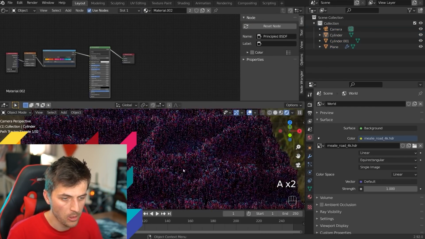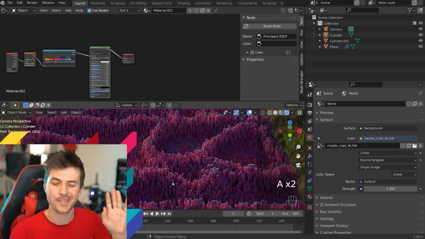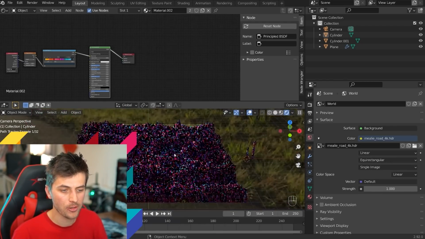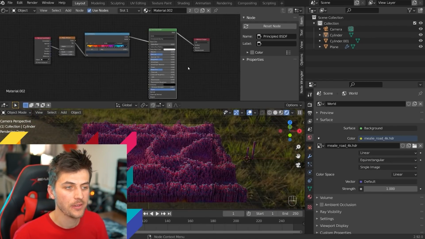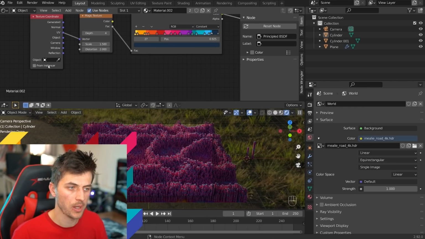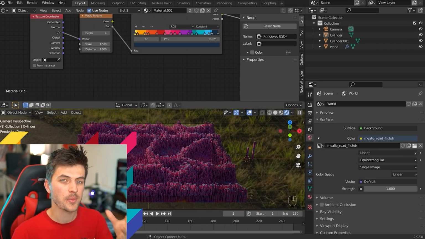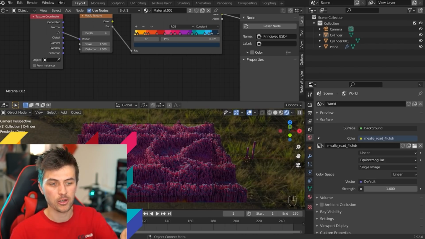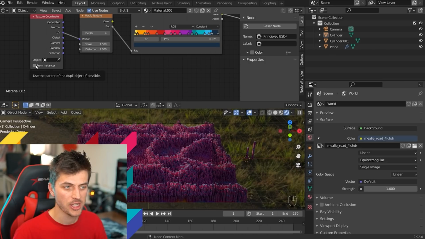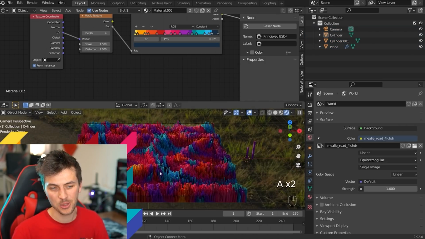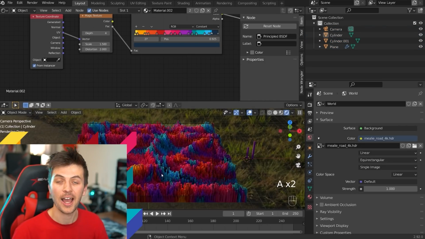And as you can see, they're all being rendered right now, but as a single color. We want it to be rendered as a texture. So what we can do is if you look on your texture coordinate box, there's a little option called From Instancer. This will take the UV coordinates from the plane instead of from the cylinder itself and let it render the same way the plane is being rendered. So when I check this here, boom, all of a sudden we get our colors being rendered on those particles,